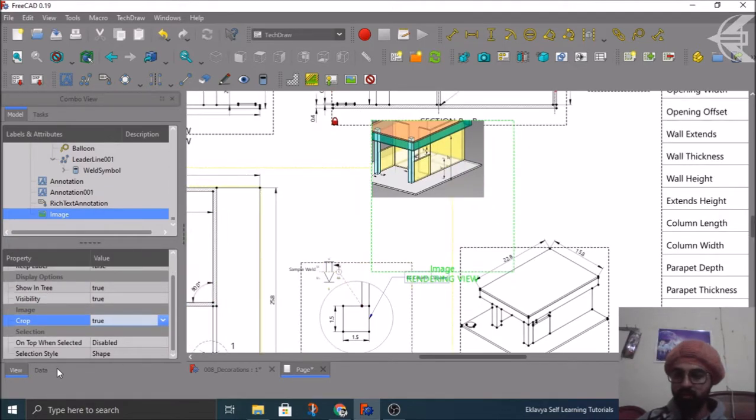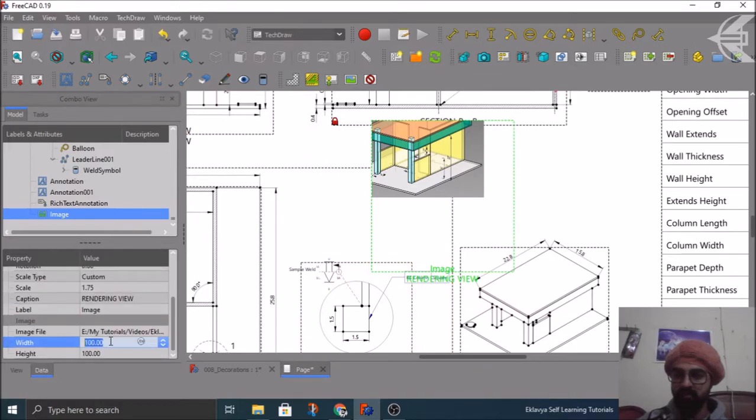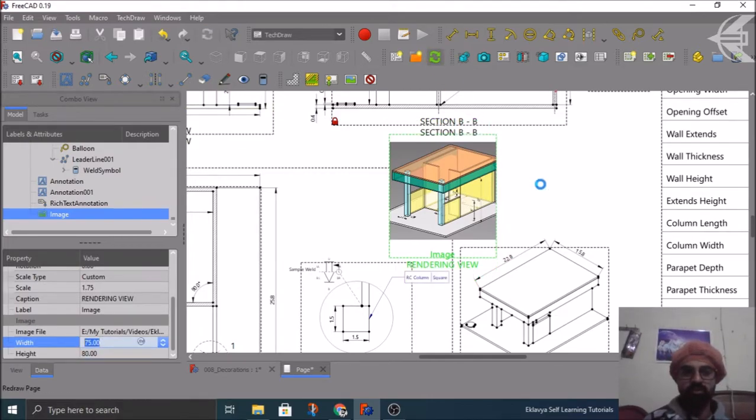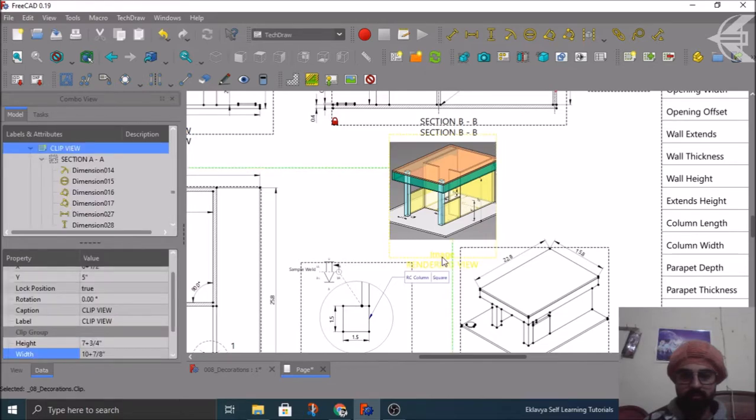Fine. And now what we will do is we can make the width as around 70. Height can be, we can reduce it further as well, and then we can simply refresh. There is still some little bit things left.